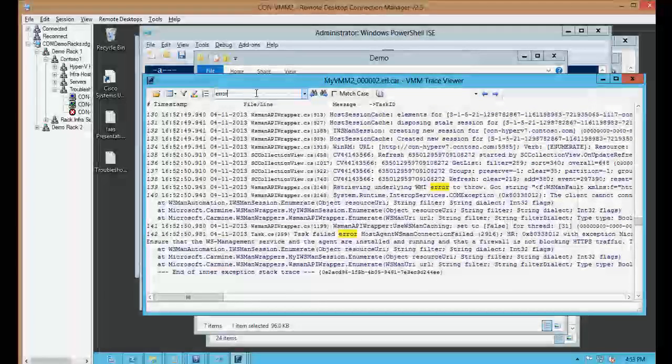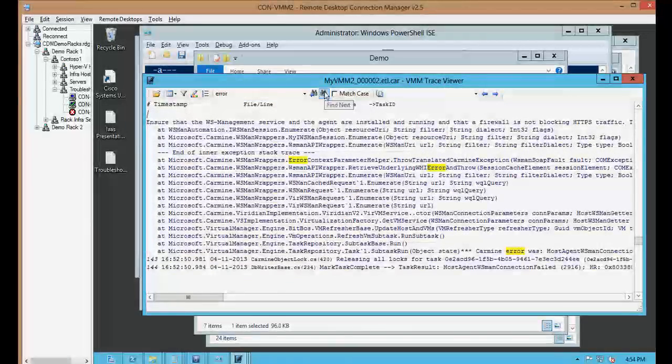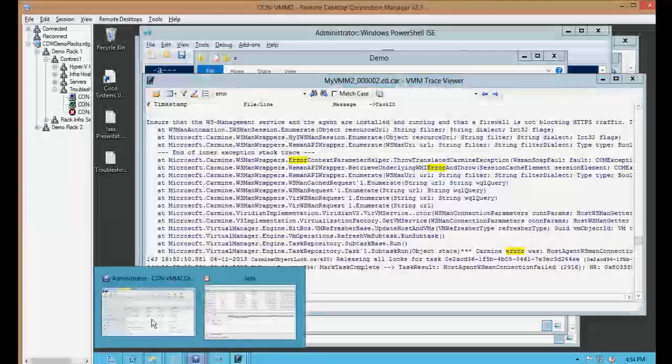So now we have a nice graphical view where we can search for error, for instance. We can see we get any number of these guys. And this log file itself isn't really large, but you can imagine that sometimes you'll have many, many hundreds of megabytes of log files, and so it gets very hard to dig through and find the problems you're having. So another little trick you can do is go back to VMM